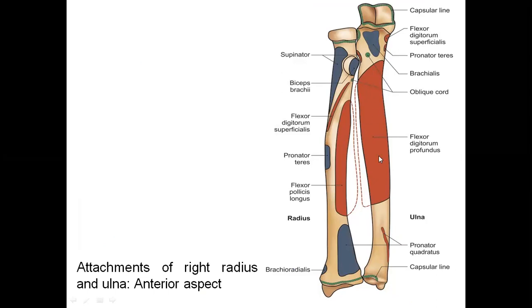On the whole shaft of the ulna, in front of the bone, we find the origin of the flexor muscles. What is the name of this muscle? Flexor digitorum profundus. It comes from the anterior surface and also from the medial surface. Then lower down on the anterior surface, we also find the origin of pronator quadratus. It is a wristband type of muscle coming from the ulna and getting inserted into the radius.